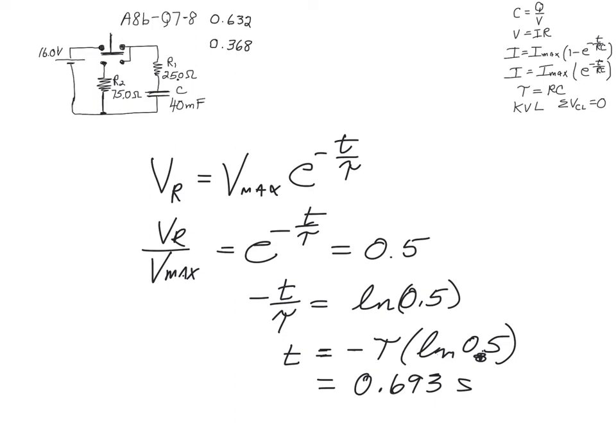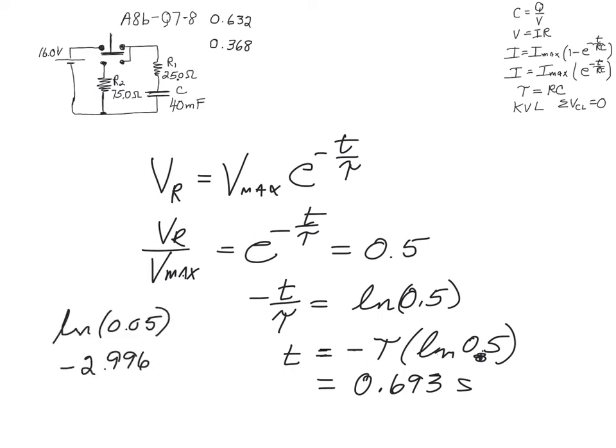And knowing how to do this, it would be very easy to ask the question, what would it be if it were 95% charged? So we could just take 95% charge would be where there's 0.05, where the voltage would be only 0.05 of the maximum voltage in the case of the discharging, right? So if we take the log,